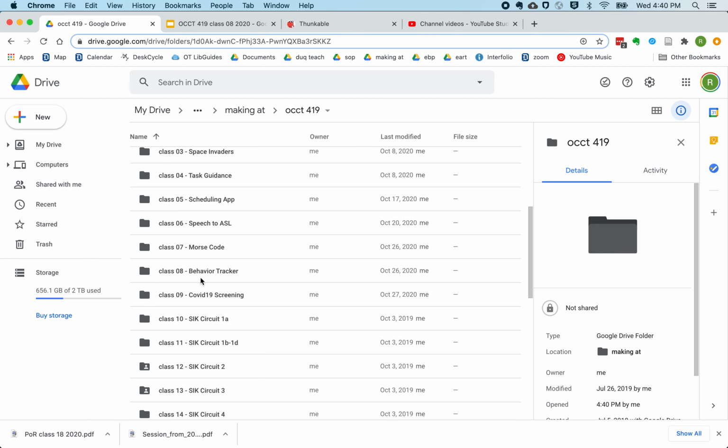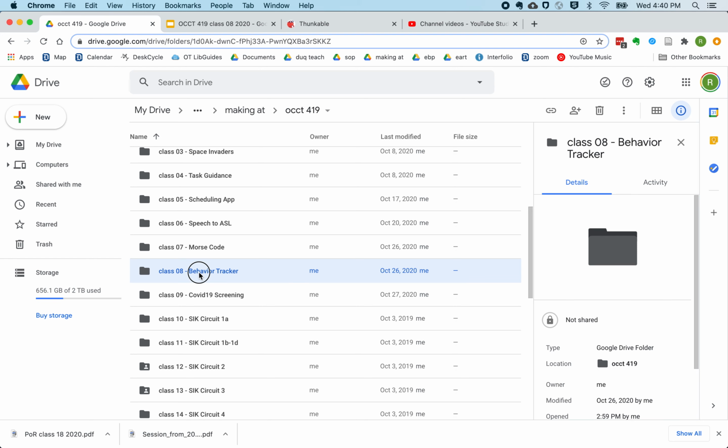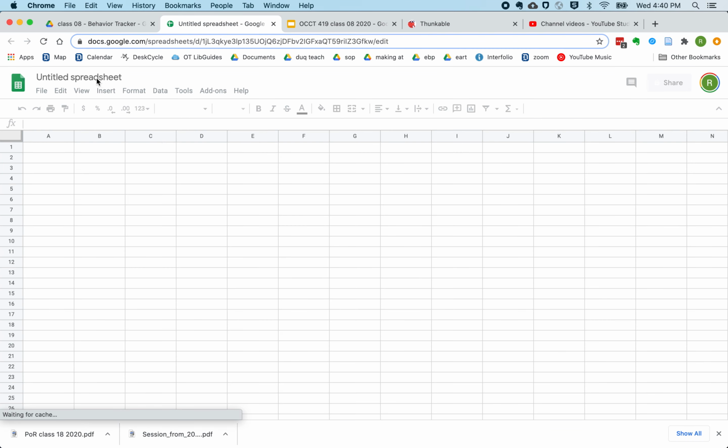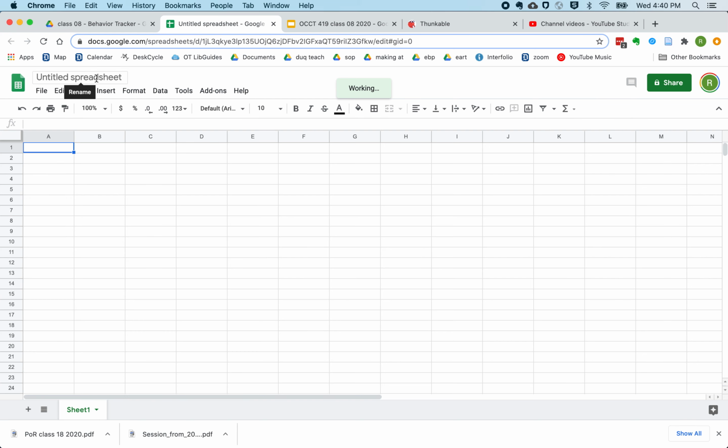my folder for this class, create a new Google Sheet. I'm going to call this behavior tracking,